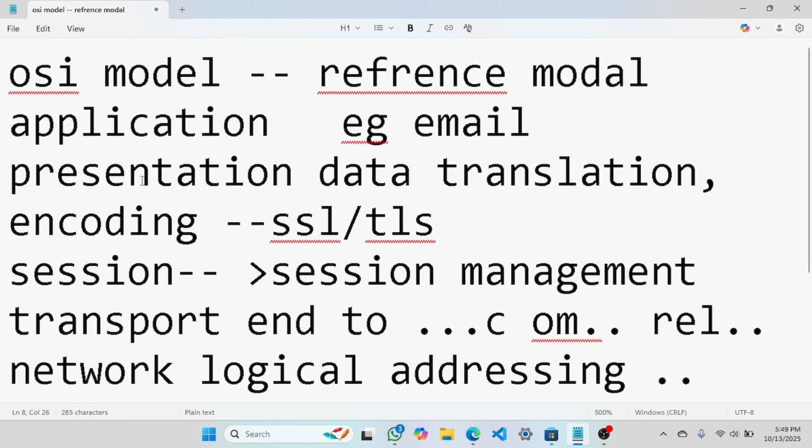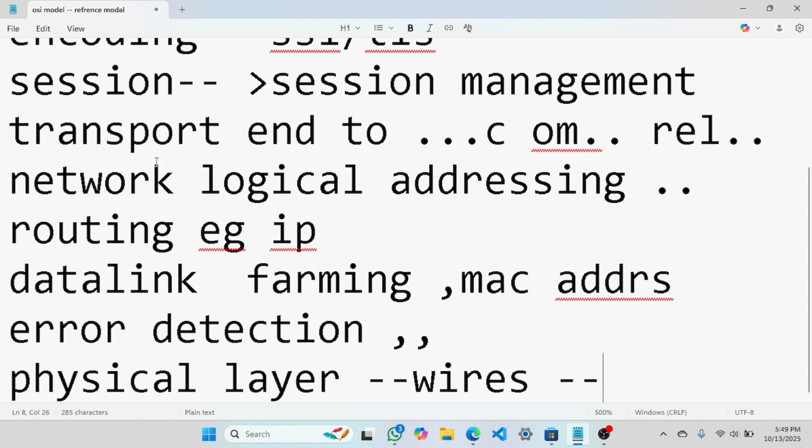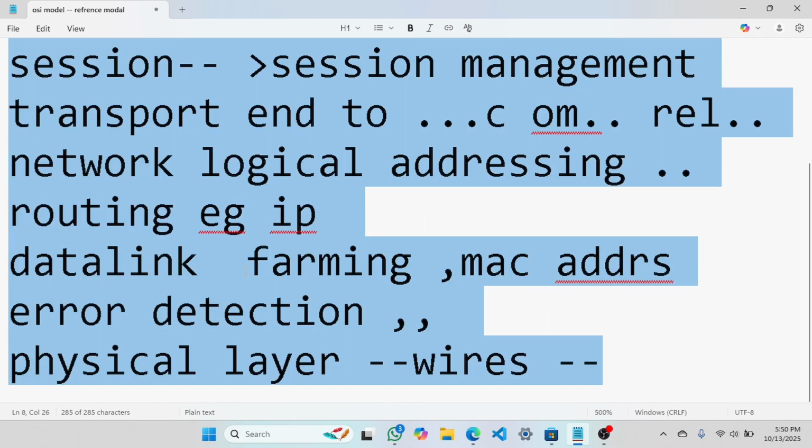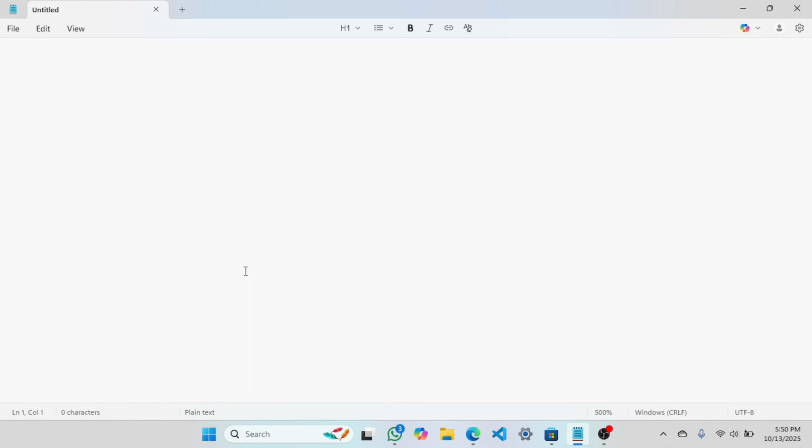We will go through the working. I have given an overview of how many layers there are. There are 7 layers: application, presentation, session, transport, network, data link and physical. Networking, error detection. Another model we will see is the